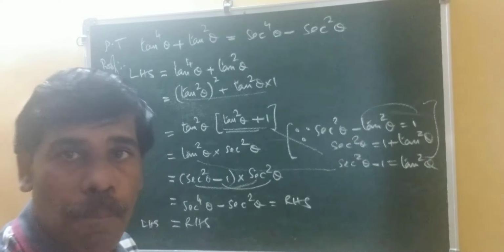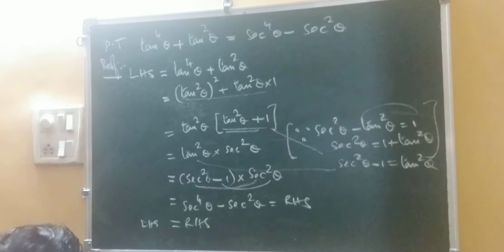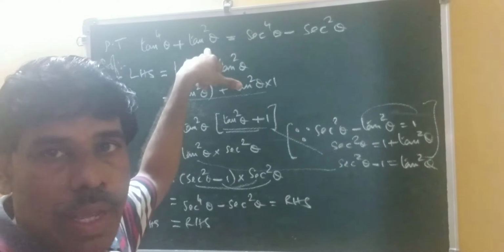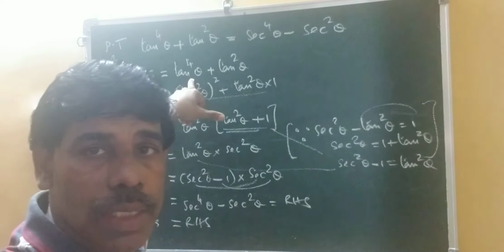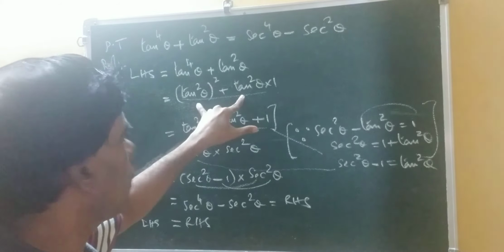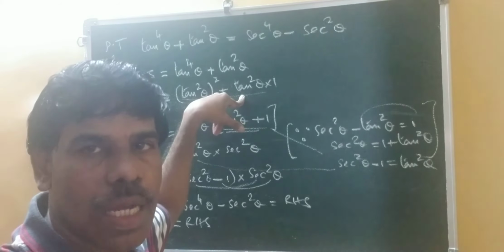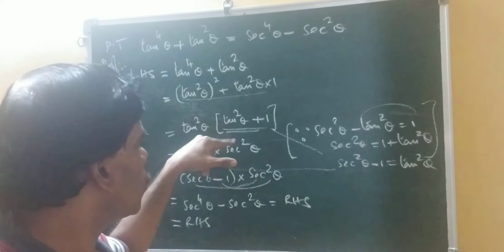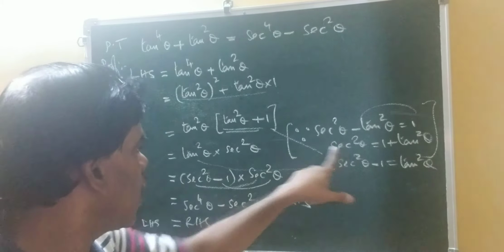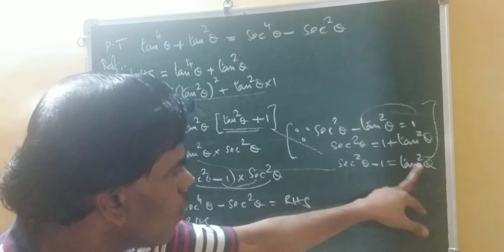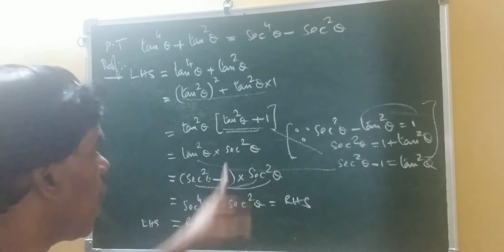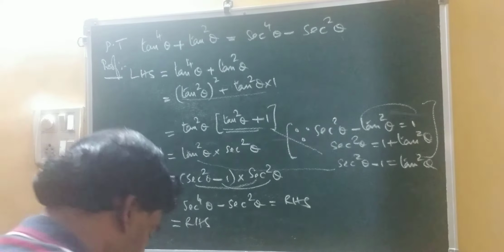Now I will explain to you what I did. Tan to the power 4 theta, here tan square theta is there. So I made this in the form of tan square theta the whole square. Now you see, in these two we have tan square theta common, so I have taken it out. So you have got tan square theta plus 1. But what is tan square plus 1? Sec square theta. Now again, what is tan square theta? Sec square theta minus 1. I have written that, then I have multiplied. I got the desired result. Now next one.